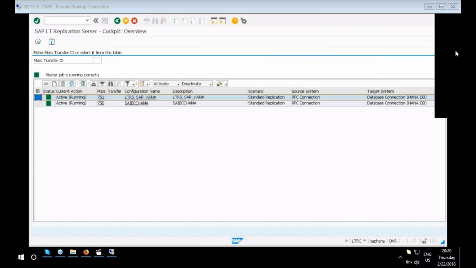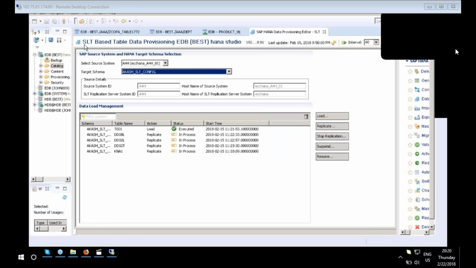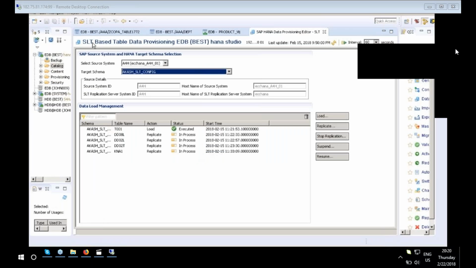Once the configuration is created in the SLT system, SAP landscape transformation, the tables are transferred to HANA S4HANA. Once this connection is established,